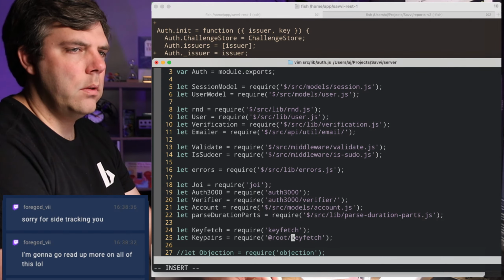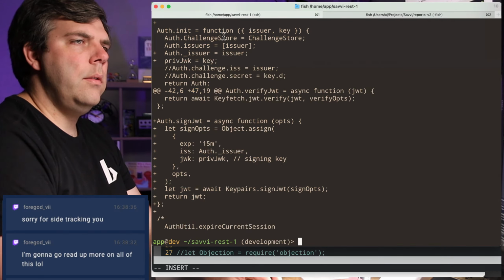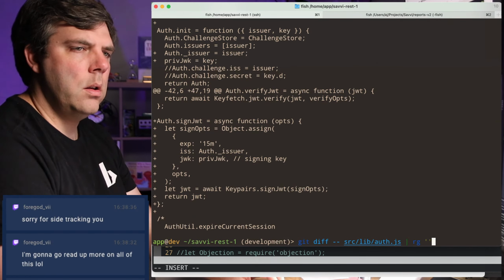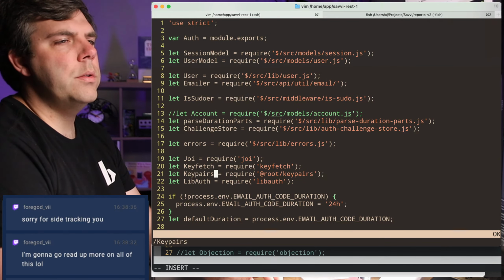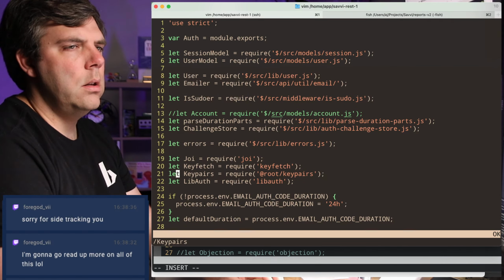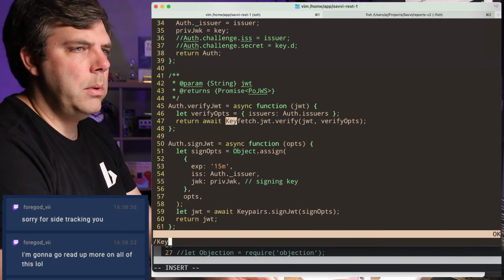That's weird. Didn't this have something up there? Oh, interesting. So this already has the libauth in that. Okay, that's going to create a conflict, but it's not a big one. It should be able to be handled just fine.